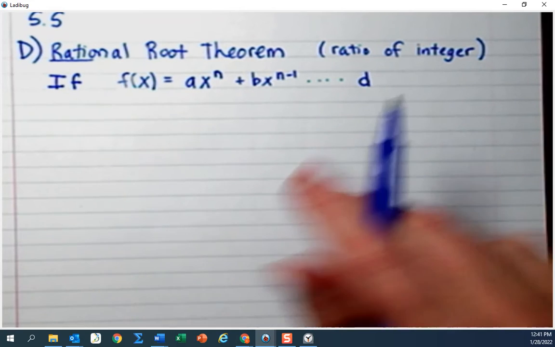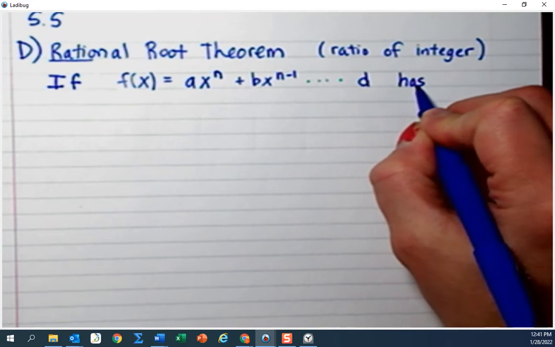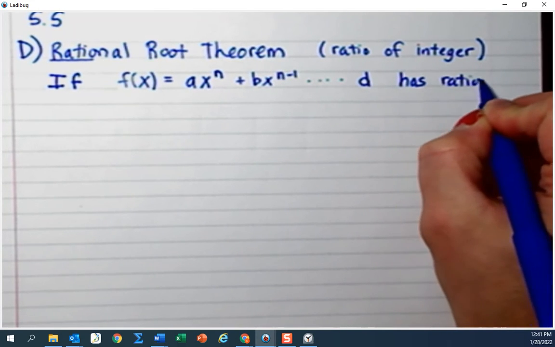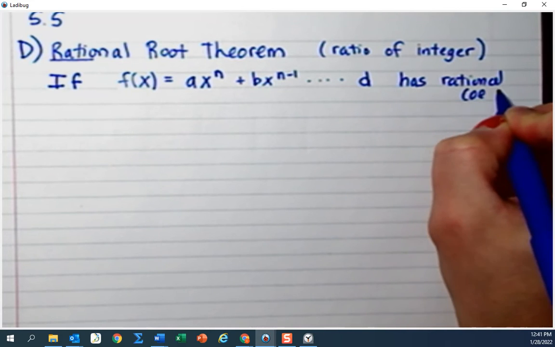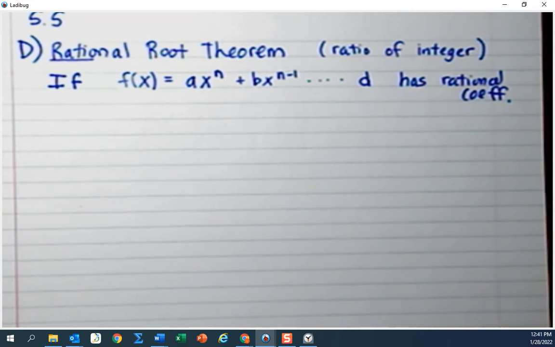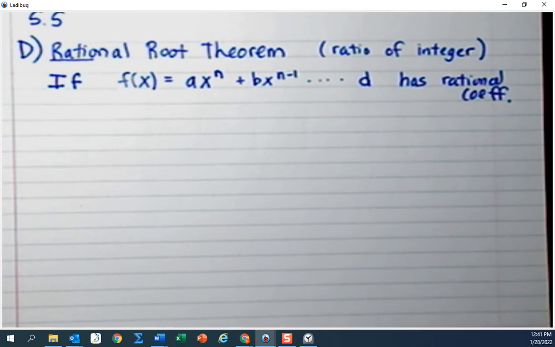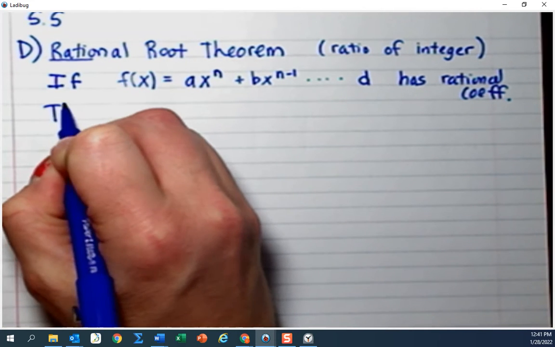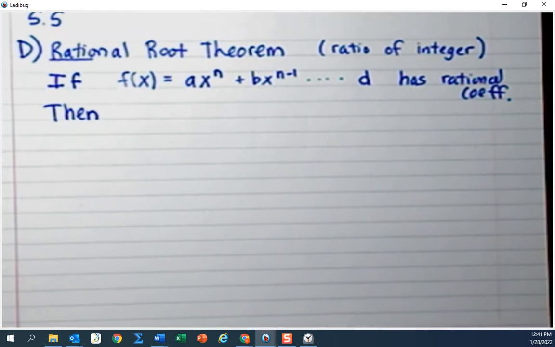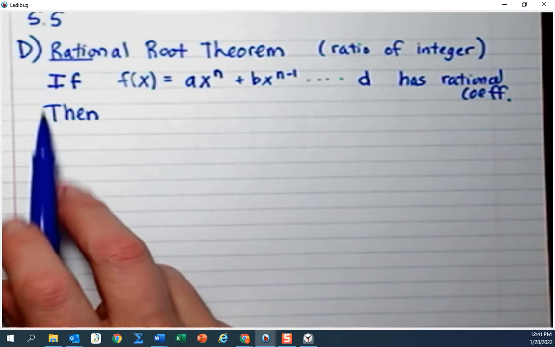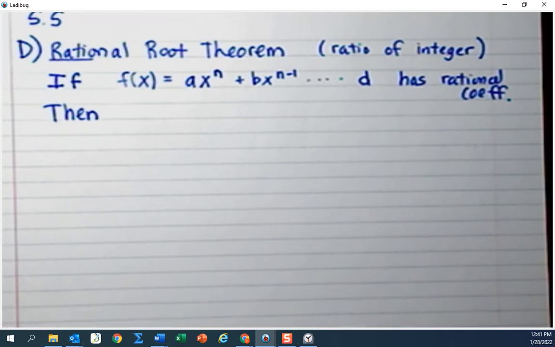Now, if our polynomial has rational coefficients, which basically they always are going to have. It's just kind of how we work right now. Then, where we got an if-then statement. Logic is my favorite part of geometry. If, then